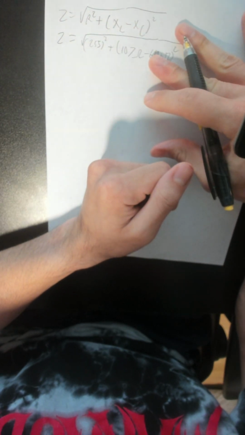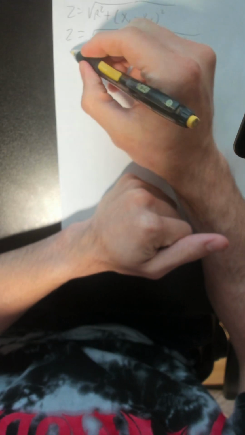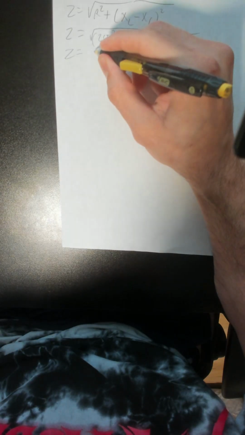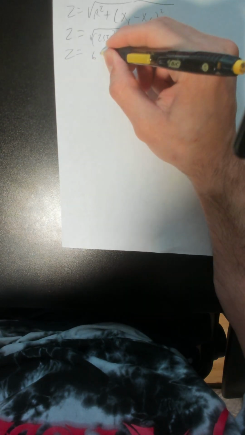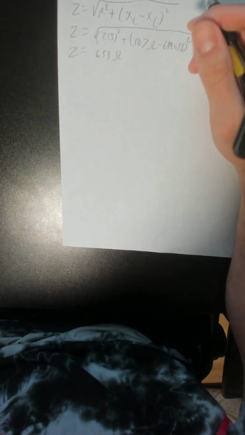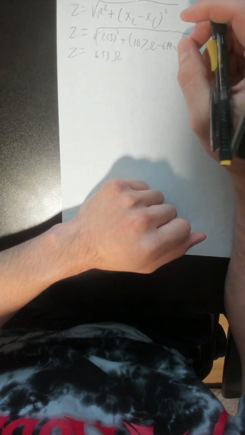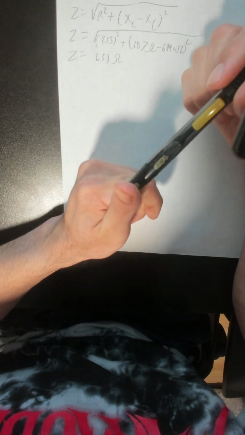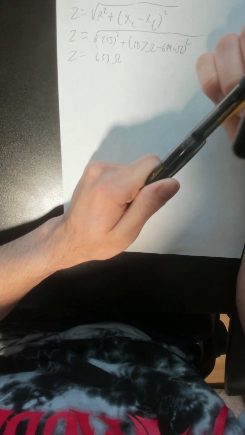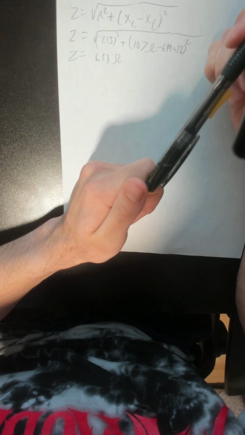Plug everything in, we will get an impedance of 653 ohms. All right. Now it's asking in part H, for the circuit in the preceding problem, find the